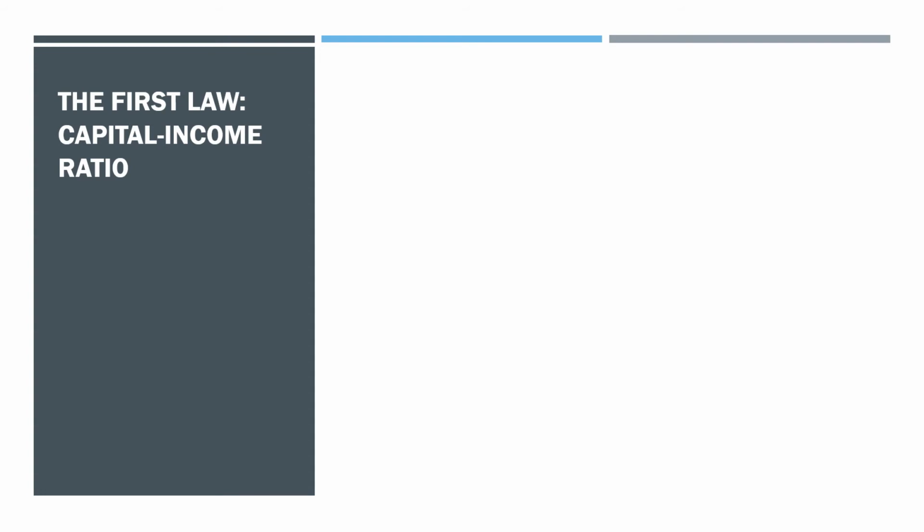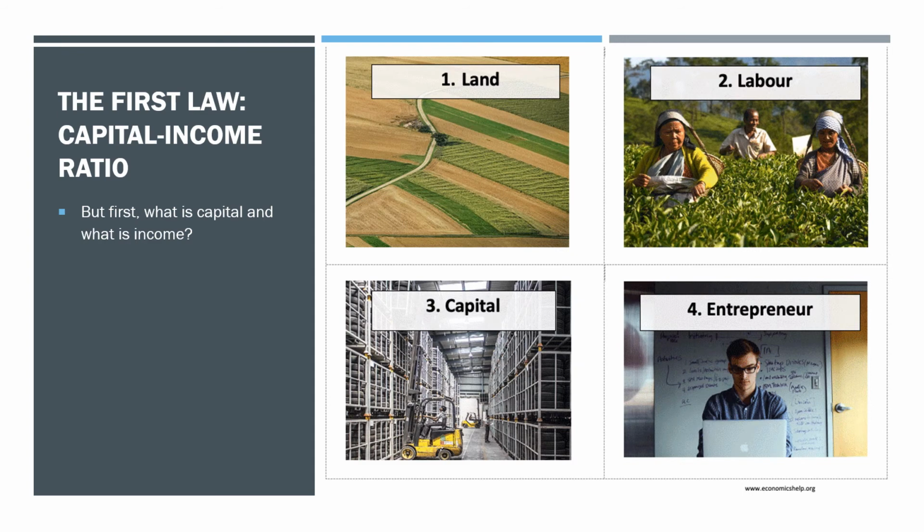Okay, so let's actually look at the first law and what it means a bit more carefully. But before we do that, let's go into what capital and what income is first. Now, typically, if you do any sort of economics class, we think about capital as a factor of production. We can see that there are typically 4 categories, although these are not exhaustive. We have land, labor, capital, and also entrepreneurship, or the willingness to see gaps within the market, things like that.